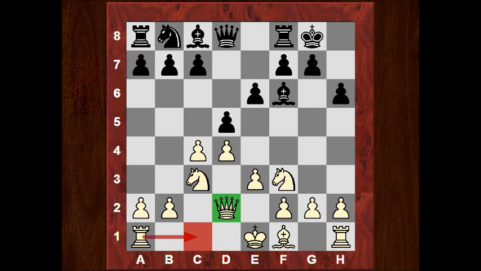And did it offer actually any advantages over the c2 placement? You know, it kind of made the d file a little bit safer, but maybe also on c2 the queen was more of a potential target. It just seemed to have a fantastic flow, this game, for the attack, for just ripping open lines against the black king here, just with the h and g pawns